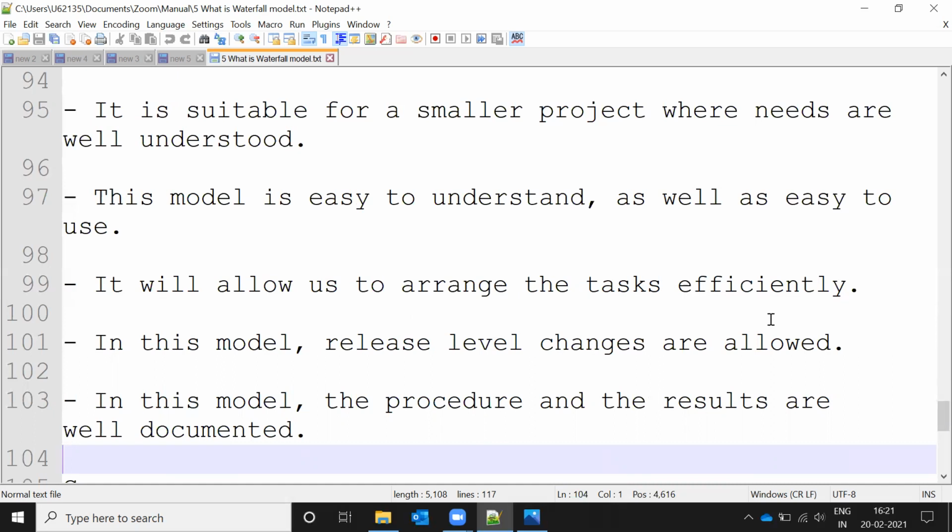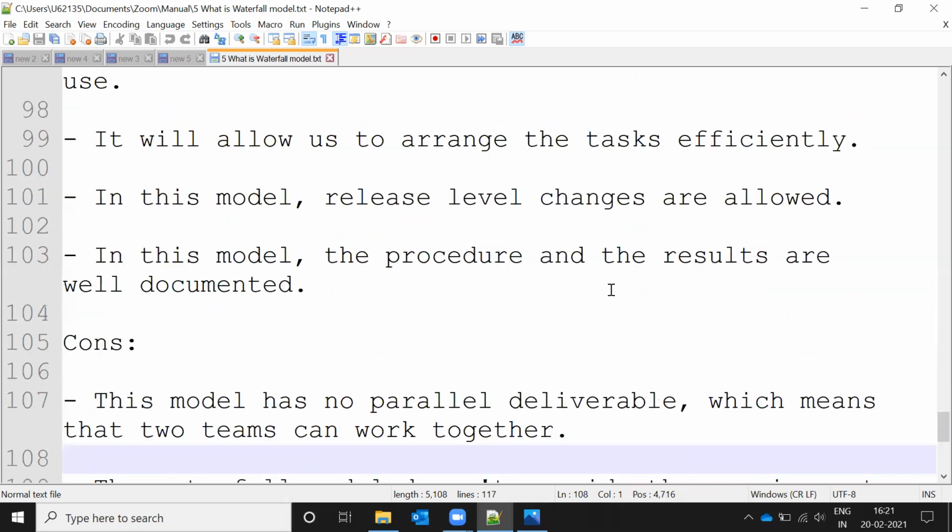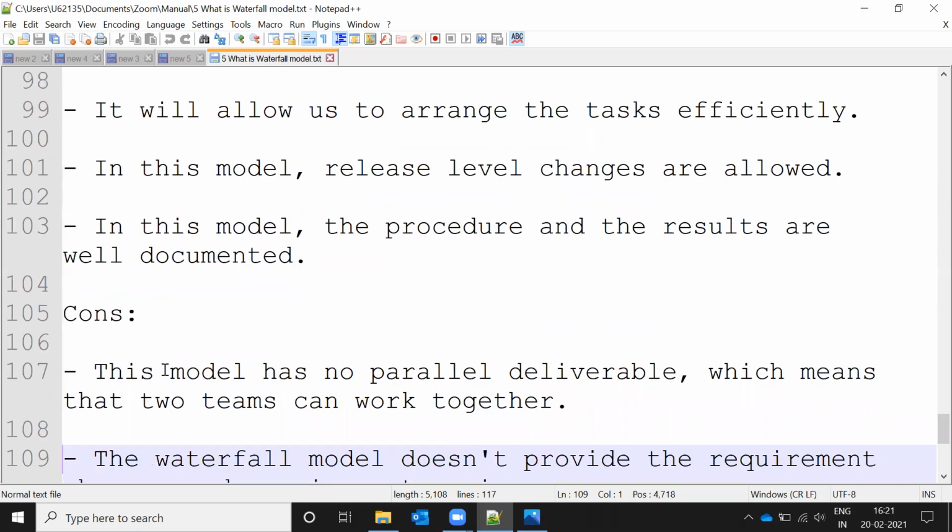Release level changes are also allowed, and procedure and results are well documented, because once the application is complete, we maintain the documentation well. What exactly the developer develops, they will document perfectly.